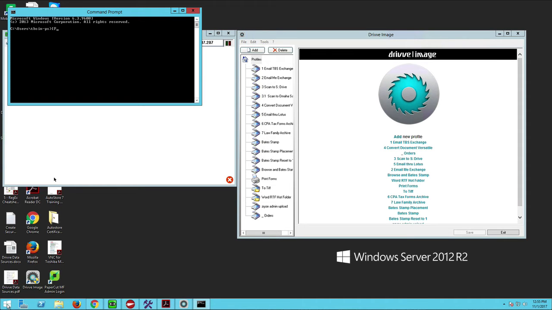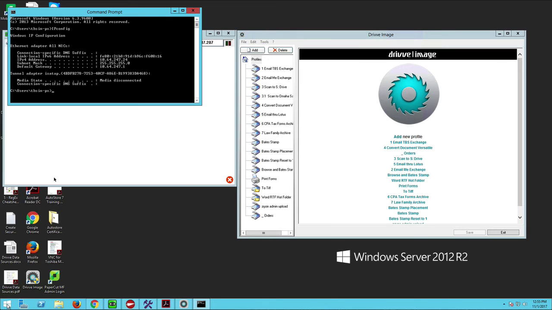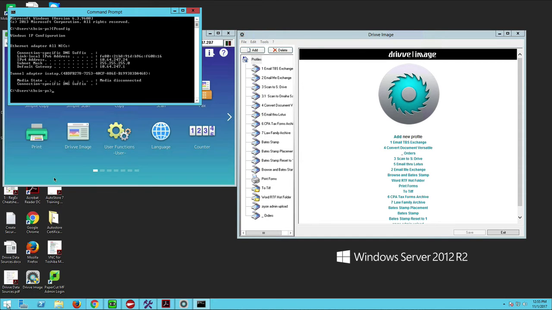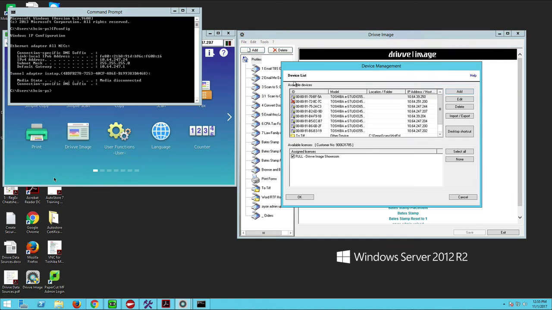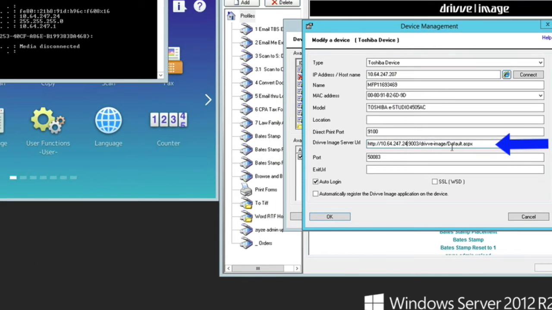So we'll launch a command prompt, do an IP config, and we can see that the address of this machine is 24. I'm going to go in and click Edit, and we look at this URL down here, and it's set to 24, so it's set correctly. So I'm going to copy this. We know that this is a good link,